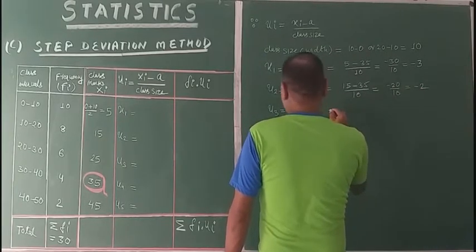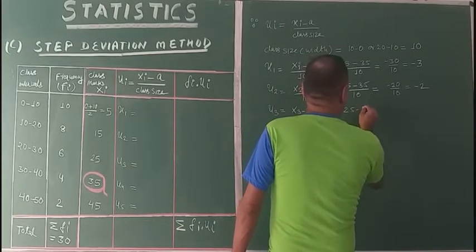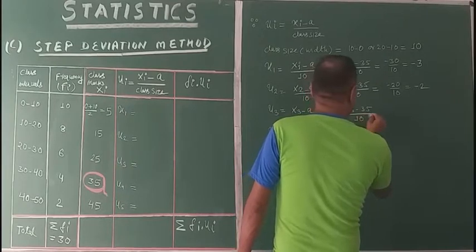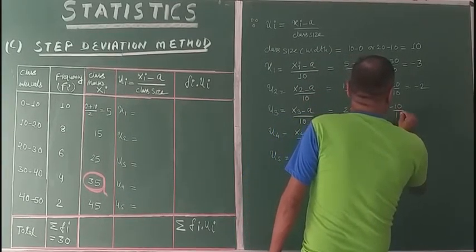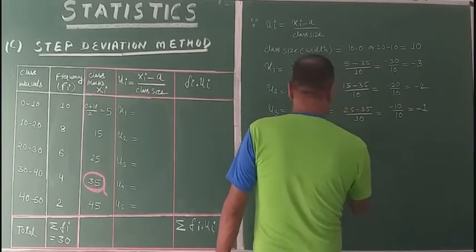X3, what is our X3? 25. 25 minus 35 upon 10. This will become minus 10 upon 10, which is how much? Minus 1. The next one, X4